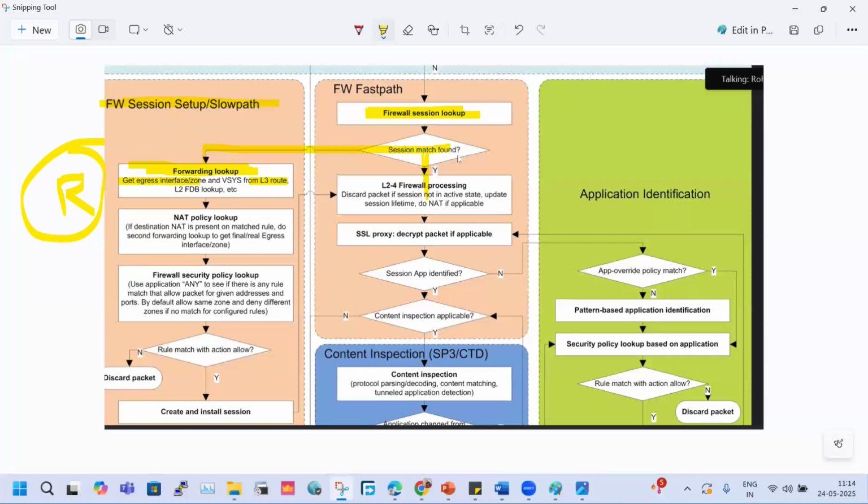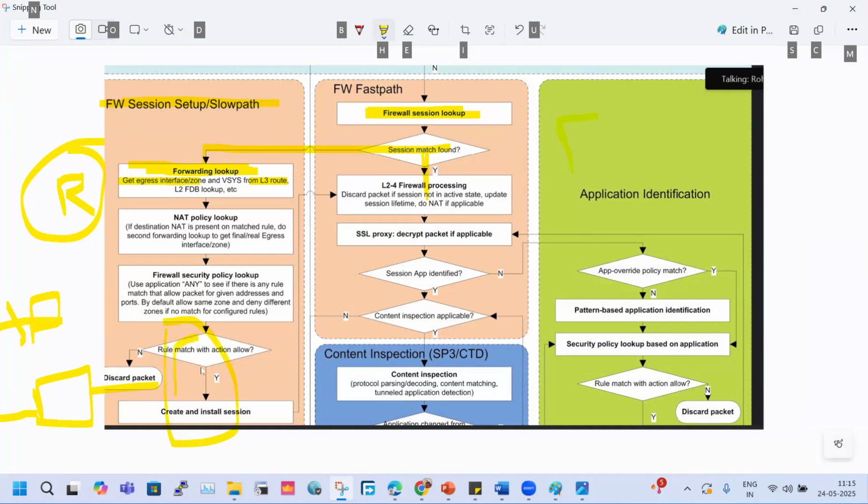Okay, I have told you now we have two scenarios available. Let me tell you. Suppose this is my firewall, and it has one connection. One user inside our local area network is trying to access a Google server, or any Facebook server. So here we have two scenarios available.